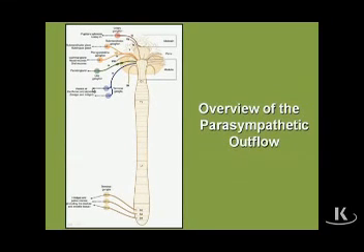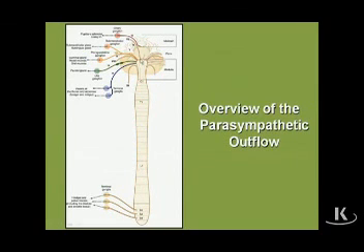The parasympathetic nervous system is much simpler to deal with because we don't have the same fundamental issue. We don't have to distribute all over the body. Parasympathetics do not go to the body wall. They don't go to the chest or abdominal wall. They don't go to the limbs. They only innervate visceral organs in the thorax, abdomen, and pelvis, as well as a few visceral organs in the head. So we know that the preganglionics come from cranial levels and from sacral levels.